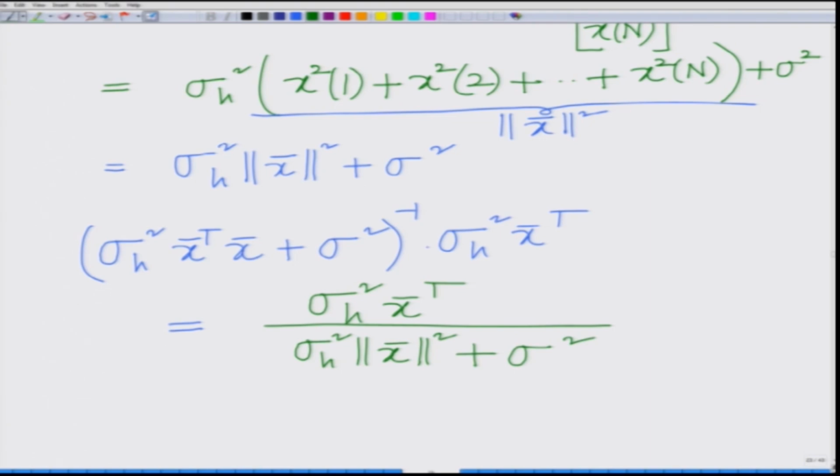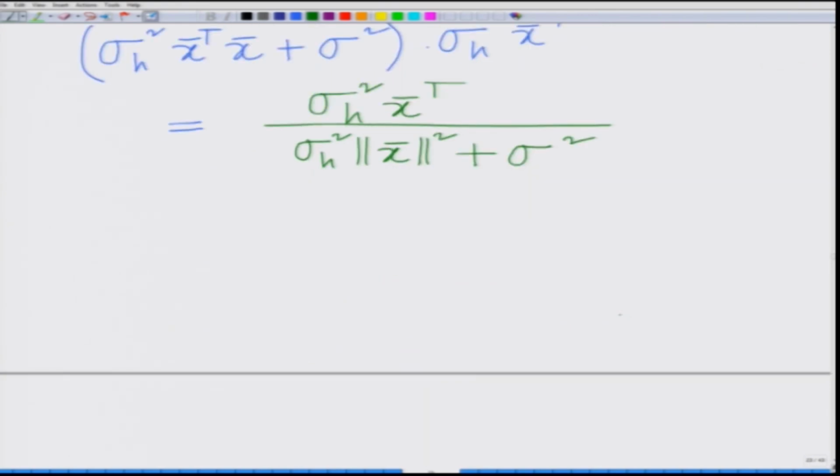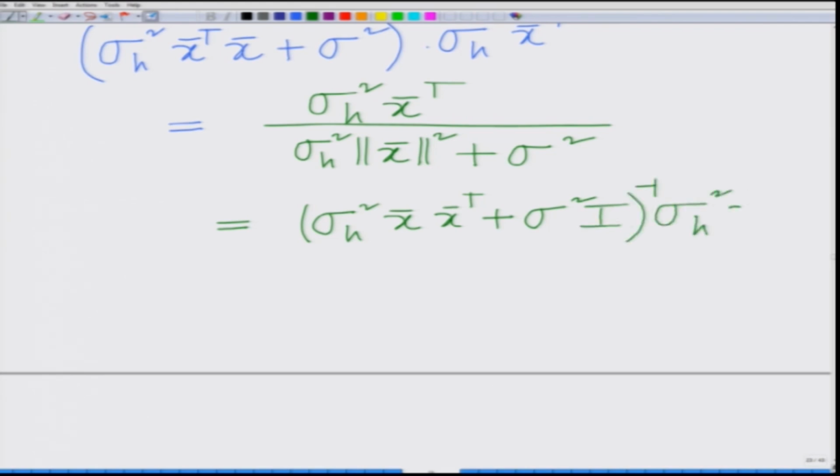Okay. And therefore, what we are saying is this quantity is equal to sigma h square x bar transpose plus sigma square identity inverse into sigma h square into x bar transpose, and therefore, the MMSE estimate implies